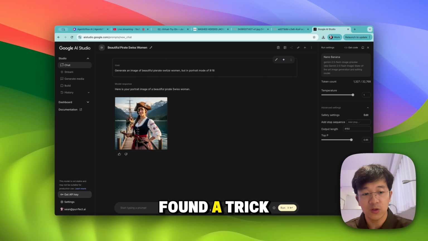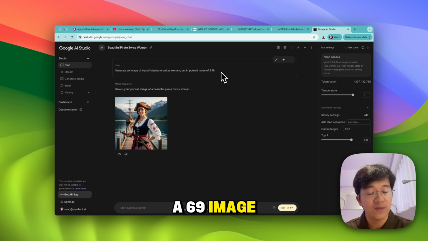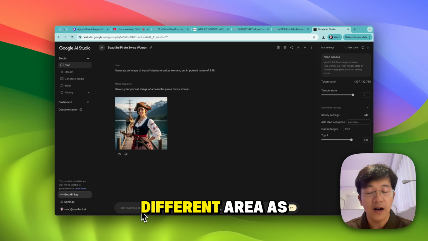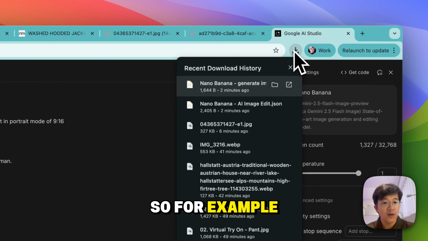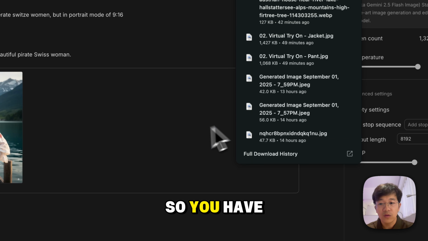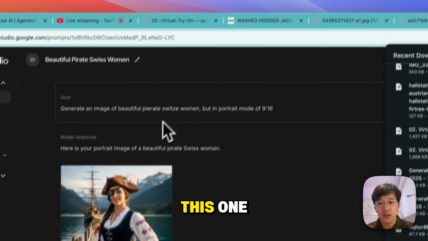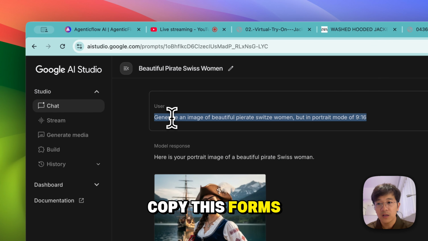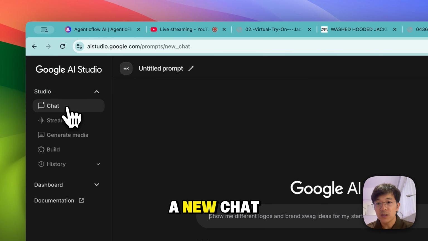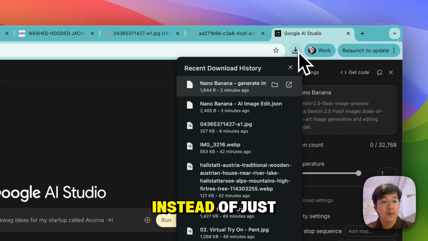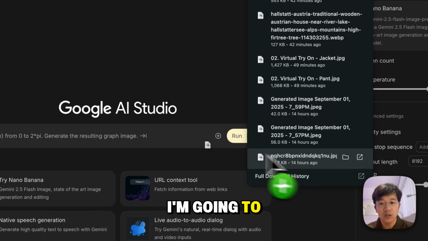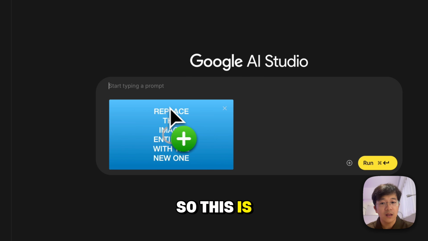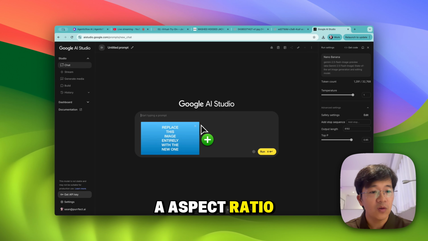But I found a trick that will allow you to generate a 16:9 image, and even different aspect ratios as well. So for example, instead of putting in just this prompt, I will copy this prompt and create a new chat. And in here, instead of just starting with a prompt, I'm going to drag in an image. This is an image with the aspect ratio that I want.